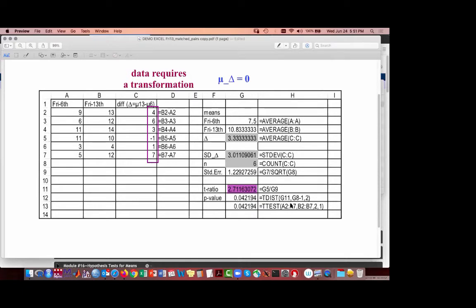Using the TDIST function, I can find out what the probability of this happening is, and I'm going to walk you through what this formula is in a second. These are two different versions of the same analysis. The problem is that the test I was asking for was a one-tailed test, and this is actually a 2-tailed value.